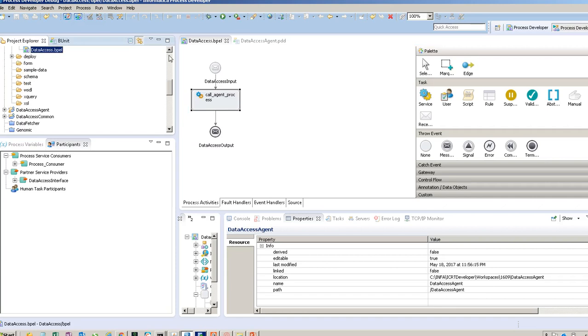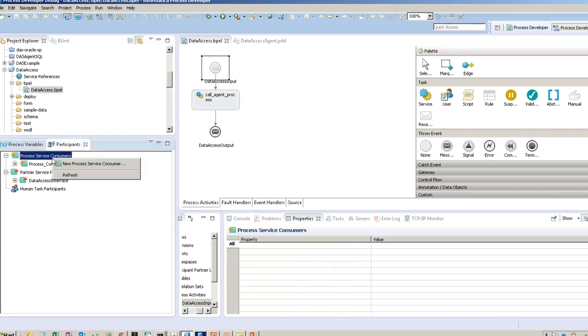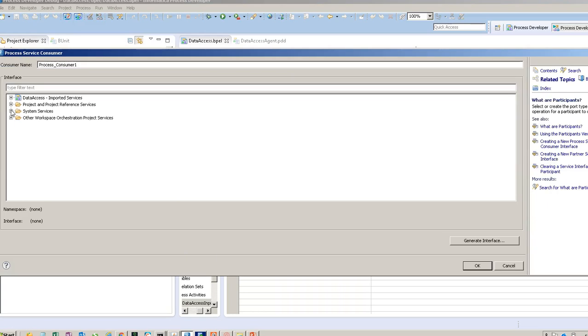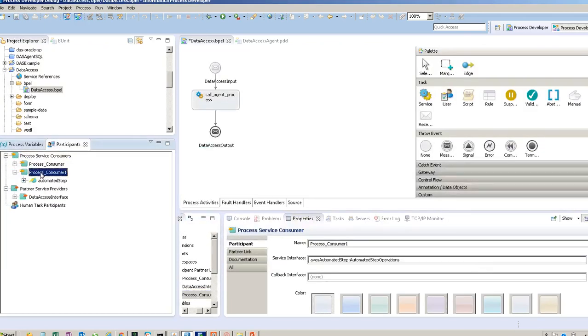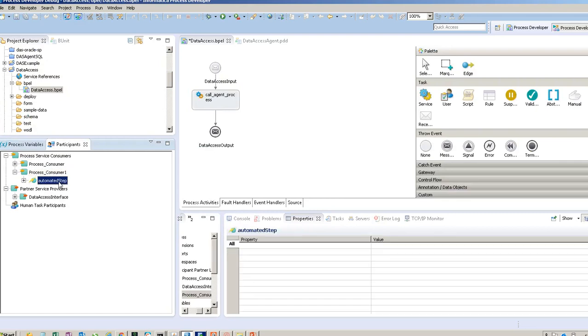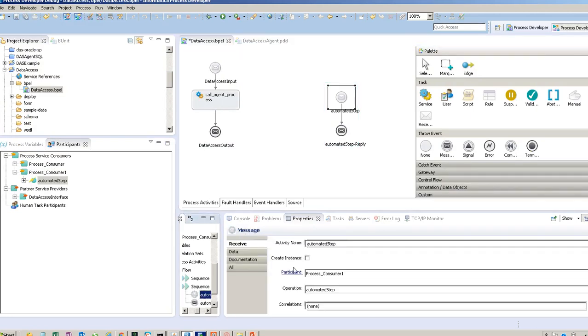So in this example, I have created an automated step process. So here is how you would create the automated step. You go to the process service consumer, again as part of the system service, and you would just choose the automated step here. And this is going to be filling in some of the important parameters within the sequence. Now, once you're done with it,